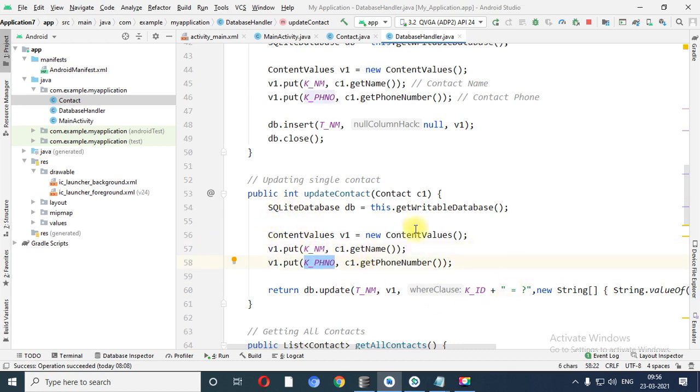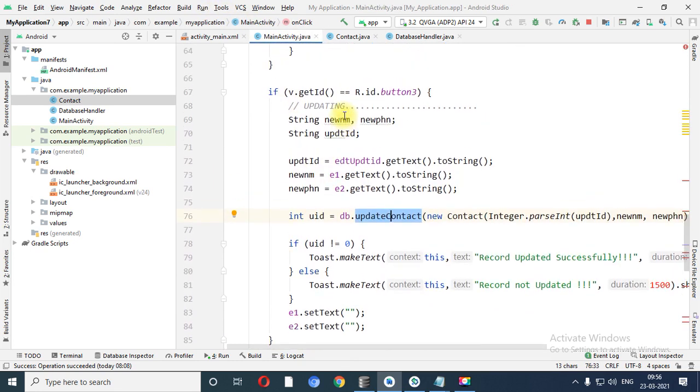Let me repeat this code once again from the main activity only. What I have done, when I click on the third button, I require to have new name, new phone number and update ID in which I want to update my record. Update ID I will get from the edit text UPD ID, new name I get from E1, new phone number I get from E2.